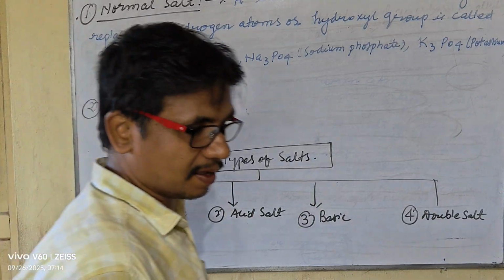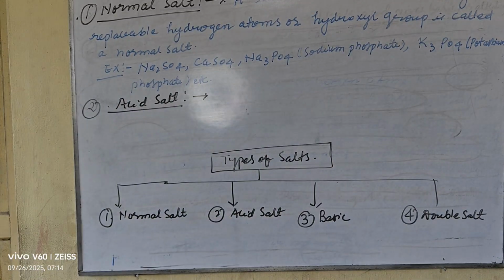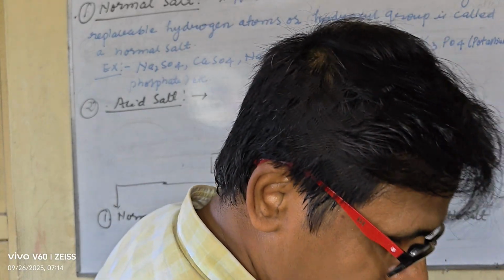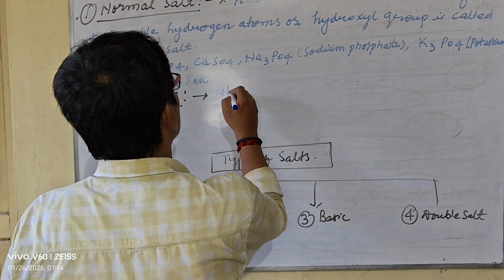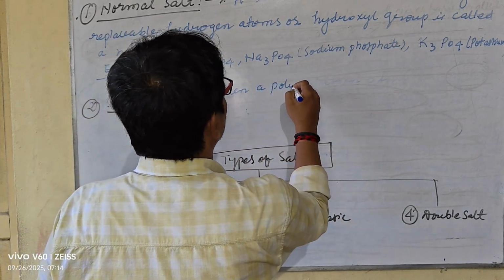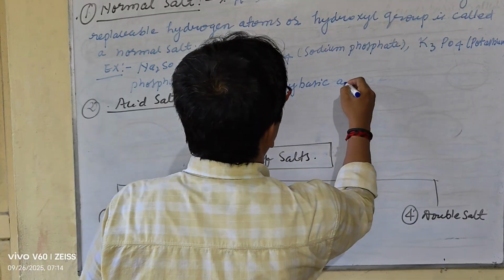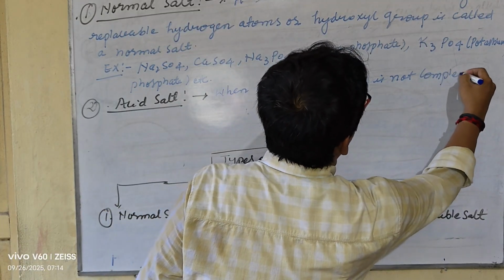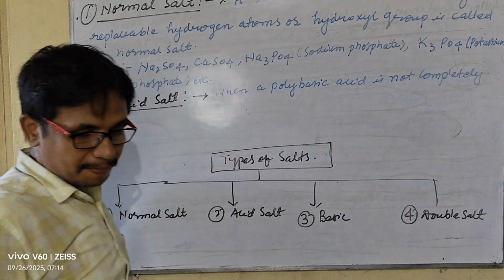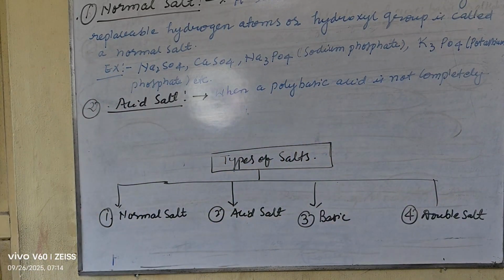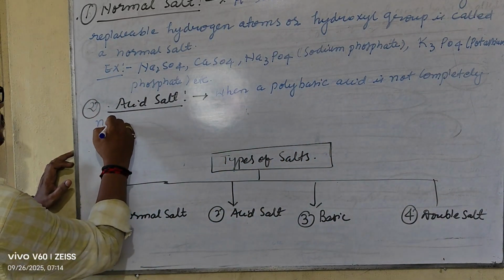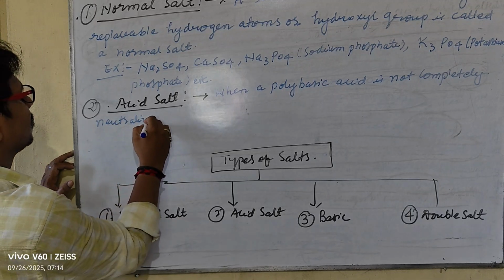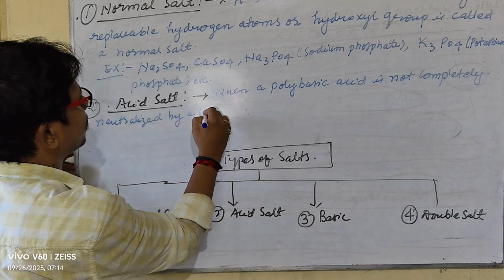Tomorrow we will discuss the acid salt in detail. My dear students, today I will give you the definition. When a polybasic acid is not completely neutralized by base,